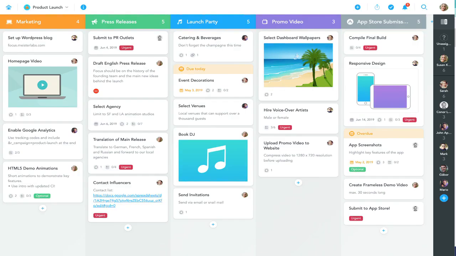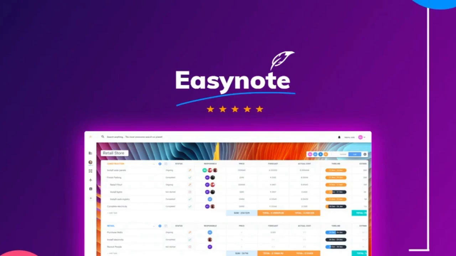Tracking projects across platforms can feel like setting multiple morning alarms. The 7:15 alarm is for when I ignore the 7 a.m. alarm, and the 8 a.m. alarm is for when I have given up. As your projects expand and workloads grow, you need a visual summary of your work that's scalable and adaptable. What if there was a single software that could manage all of your work in one place? So say hello to EasyNote.